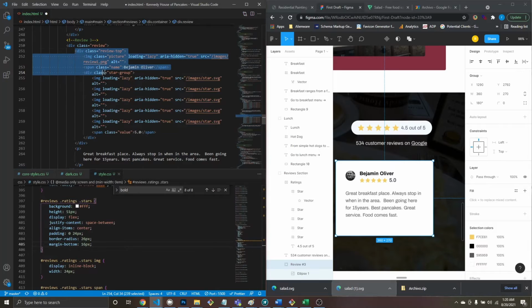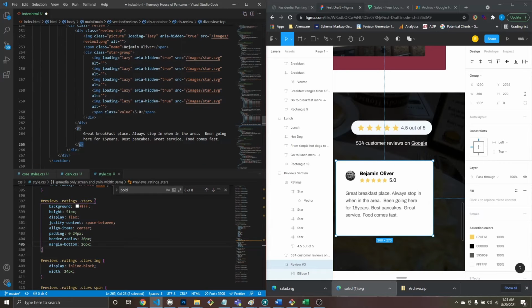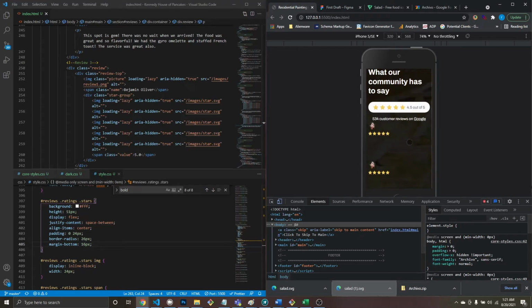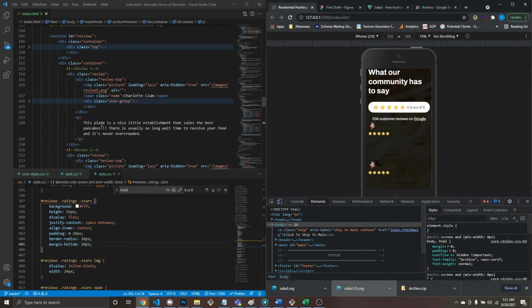Okay, because I had review top, I started it to just contain the image, the name, and the stars, so I can separate it from the rest. And then I just forgot to close it, and I just added the P in there by mistake. So that's what we're cleaning up right now. So now we're gonna save that, and that doesn't really have any effect on anything we did. So the first thing I want to do is add some space on this guy. It's going to be on